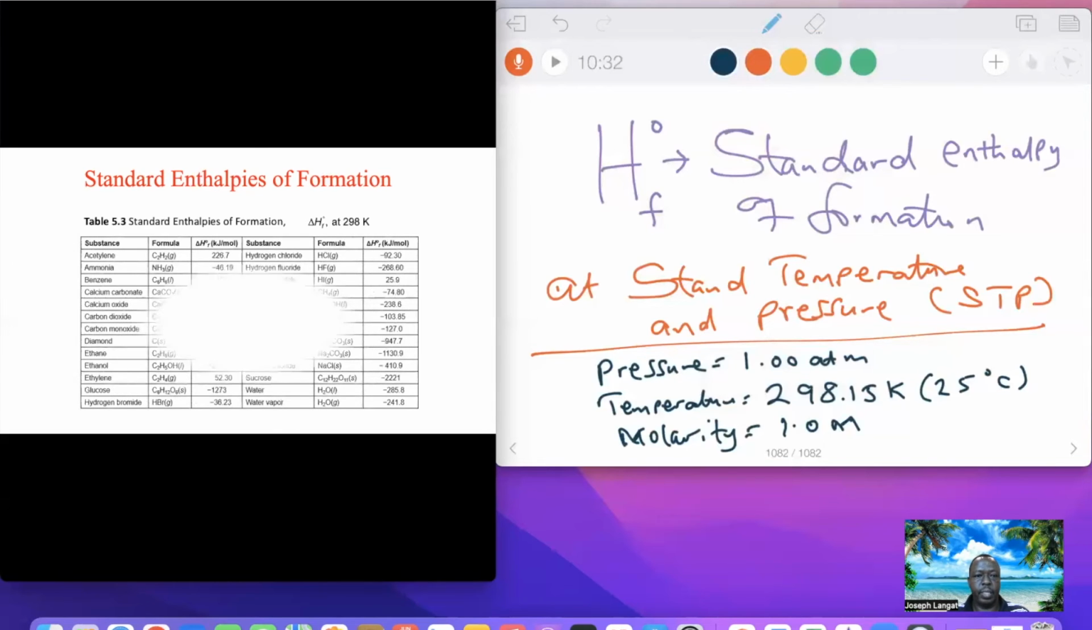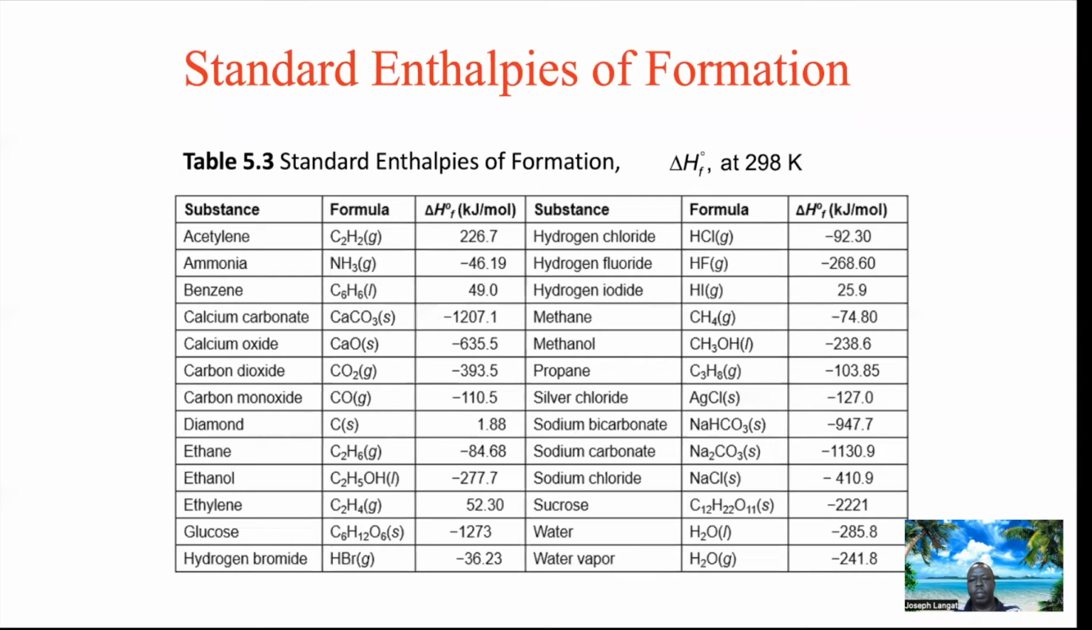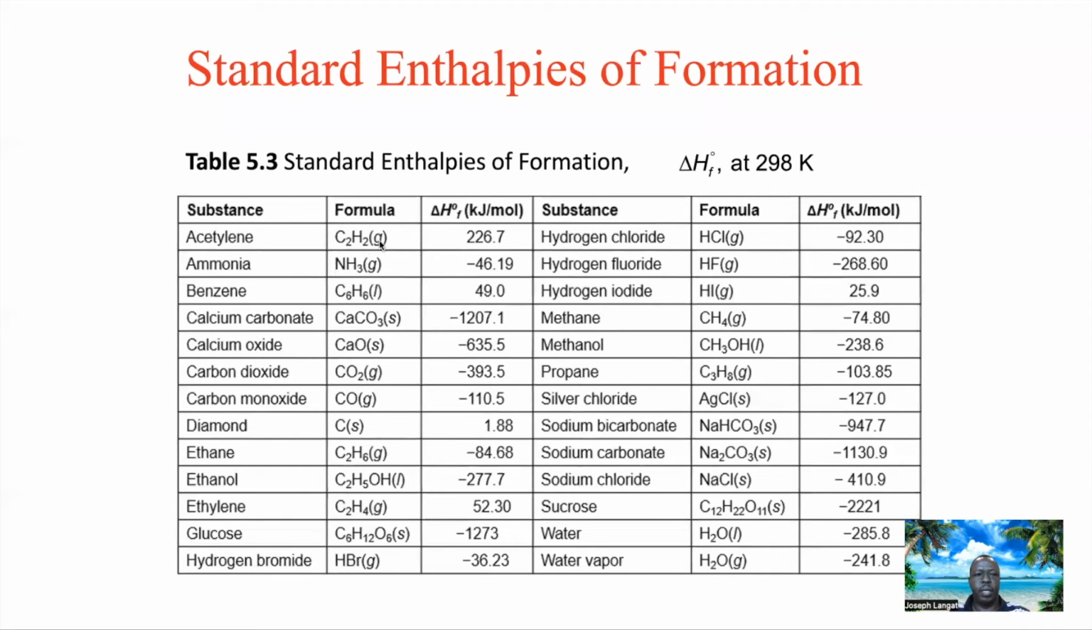I'll give you this table in the exam. Let me blow it up so you can look at it. These are just standard enthalpies of formation at 298. When we say standard, temperature is 298 Kelvin and pressure is 1 atmosphere. You can either be given values for specific compounds in a question, or I will allow you to use this table in the exam, or I may give you the enthalpy of formation